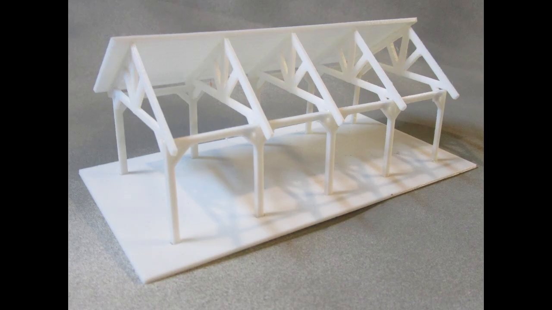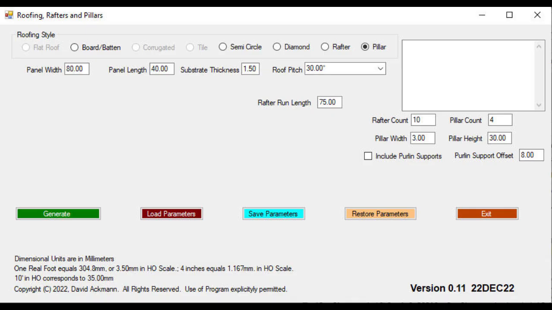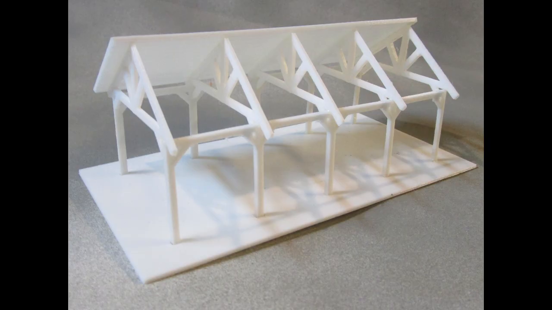One day while picnicking, I observed that a park shelter is really quite similar to a building, just without walls. So I created a pillars option. You can specify the number of pillars you want. You can have more rafters than pillars, but do the math so that there will be the same number of rafters between each pillar. A purlin is just the big beam that goes across the top of the pillars and